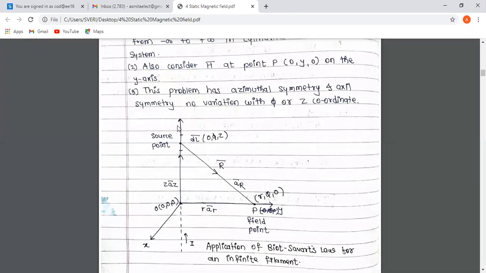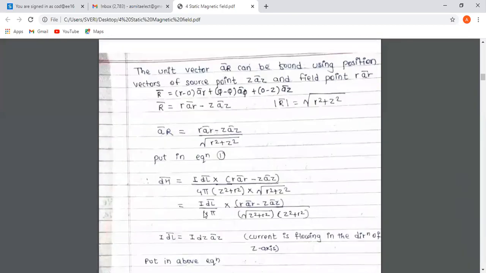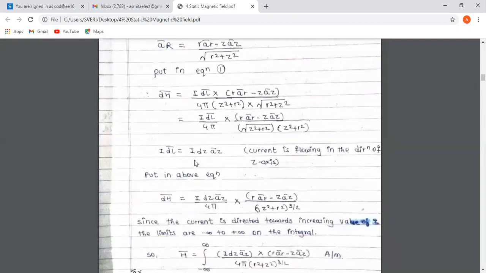If I consider the total length of this filament is L, placed on the z-axis, and this total length of filament is nothing but the total length of the z-axis. Similarly, if I consider any differential length of this filament, that is dl bar, that will be equal to the differential length of the z-axis, that is dz, and that vector can be written as dz into a bar z. So this I dl bar is equal to I dz a bar z,